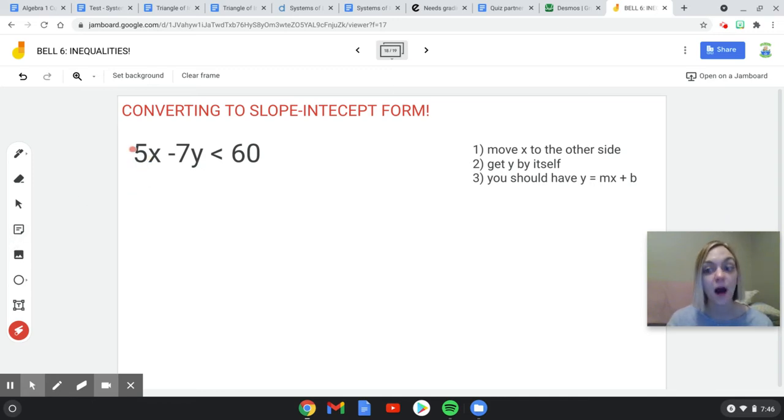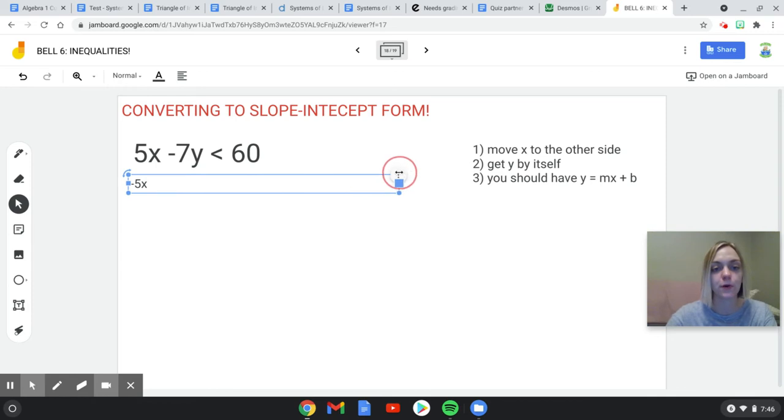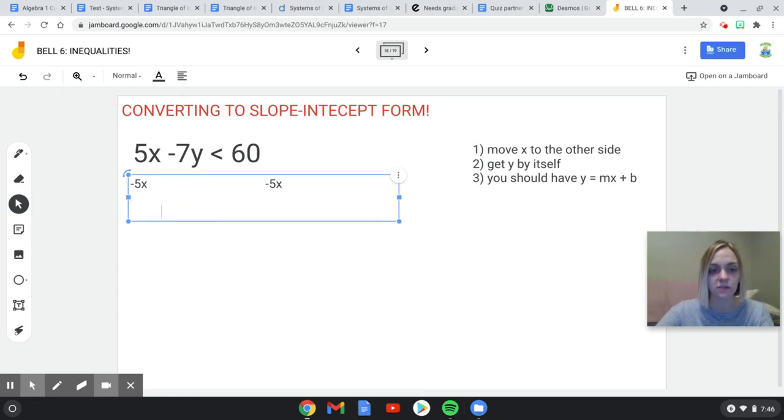So I have a positive 5x. I know the opposite of being positive is negative. So I'm going to subtract 5x from both sides here. Now I have, well, I guess let me start on the left side. I've got negative 7y now, which I'm going to bring down here just so it's a little easier to read,